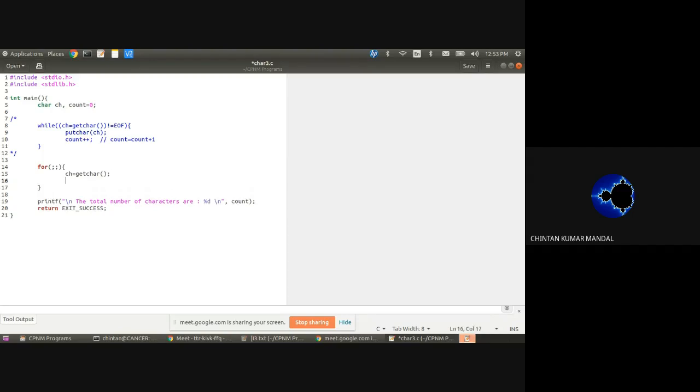Now, if ch is not equal to EOF, then count plus plus, else